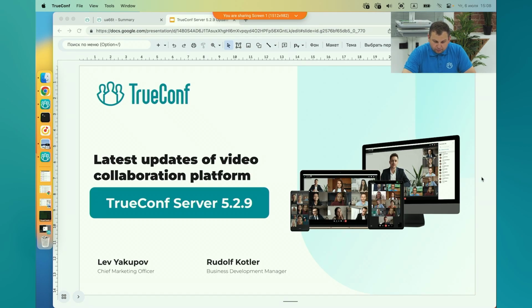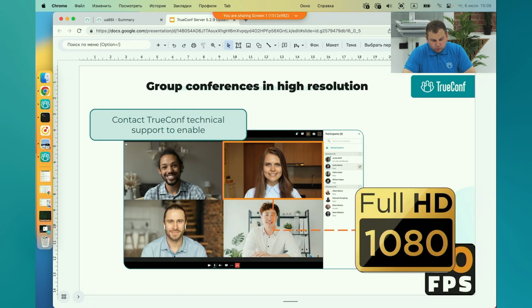Okay, let's start from the most important change in this release. We added support for very high resolution individual videos for layouts. Doesn't mean we never supported Full HD before. We have supported 4K for many, many years. Actually, we were the first company to support 4K for video calls and for multi-party conferences. But with this release, it is now possible to scale up the individual video,